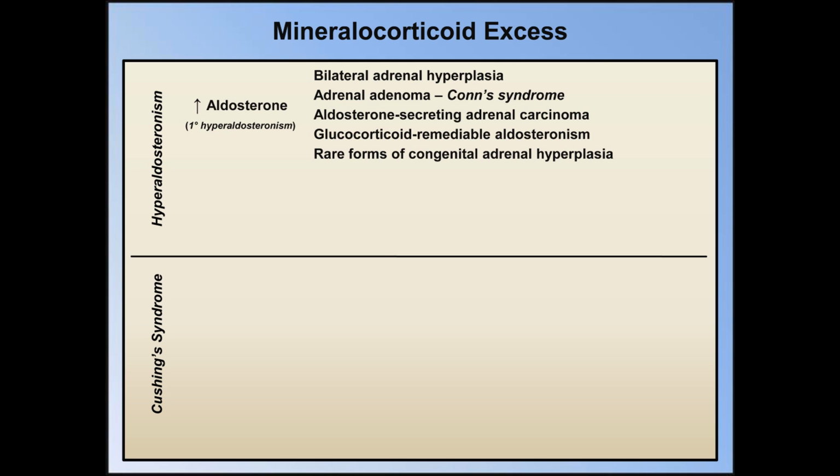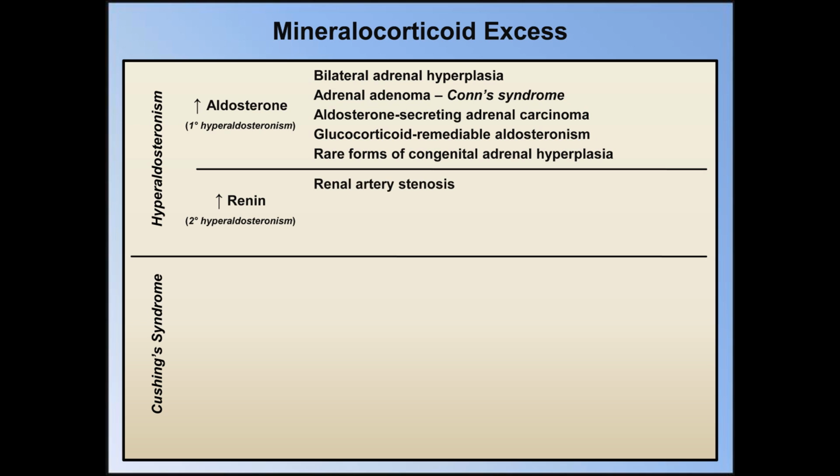In addition to primary hyperaldosteronism, a nearly identical syndrome can be caused by an inappropriately elevated level of renin, a condition known as secondary hyperaldosteronism. High renin results in high angiotensin II, which in turn stimulates excess production of aldosterone. High renin levels are usually due to stenosis of one or both of the renal arteries by either atherosclerosis or